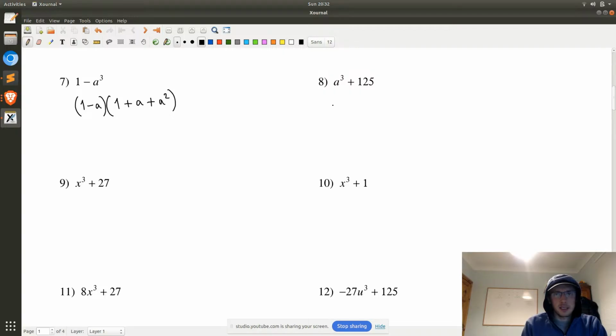All right. Sum of two cubes next. The cube of a and the cube of 5 by the pattern, a plus 5. Then here